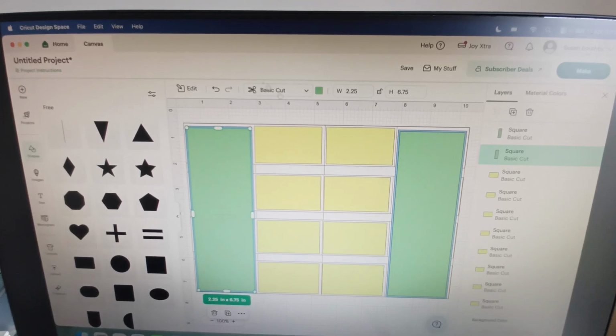now I'm just going to go back, and I'm going to use my layers panel to check my sizes. So 2 1/4 by 6 3/4. The second one says the same, so those two, as I know they're right, I'll just move them out of the way. Okay,